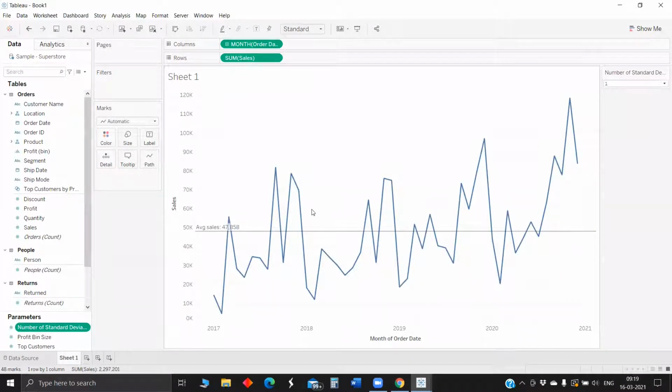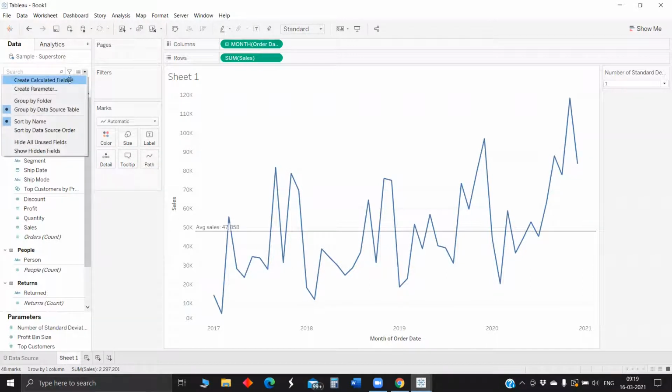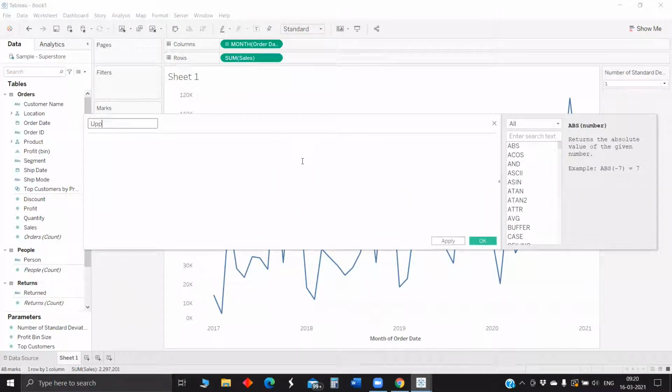Now we are supposed to create 2 fields, one for the upper control limit and the second one for the lower control limit. Let me create a calculated field for the upper control limit.